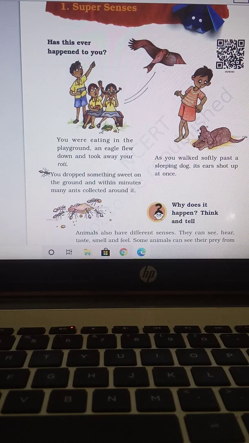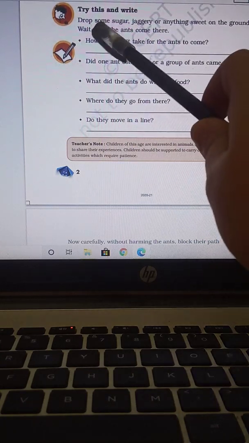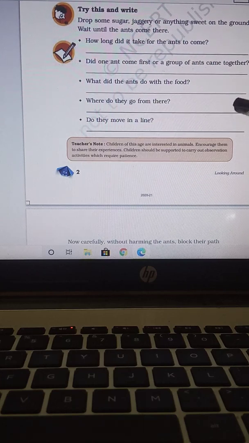Okay, that is all for today's class. As this is an introductory class, that will be all for today. But I have a small home assignment for you, and I want you to do that. See here, in page number 2, you have this. You have to try this, and then you have to show me what you found out. You have to do this small experiment.